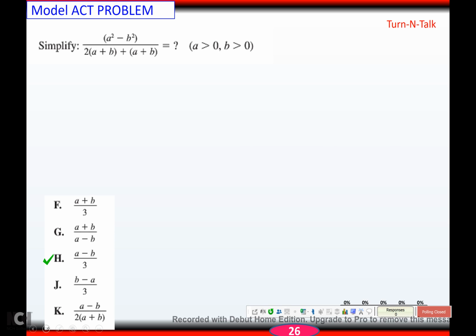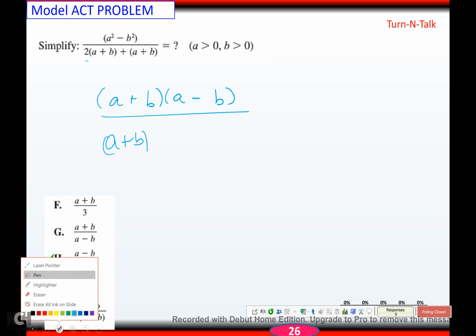Alright, so again, I see this fraction with a bunch of polynomials that I can factor. So up top, I notice difference of squares. Binomial, binomial, plus and minus. The square root of a squared is a. The square root of b squared is b. On bottom, see how both of these terms have an a plus b in them? If I factored out a plus b,